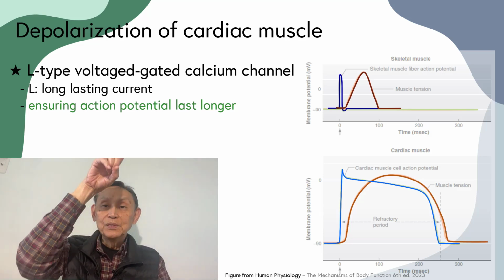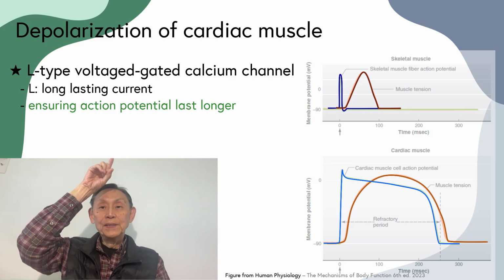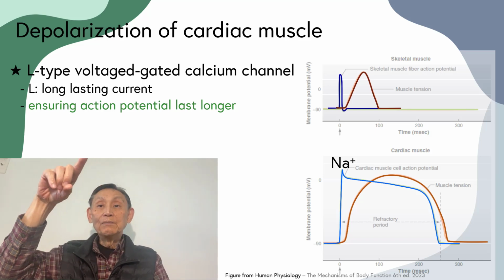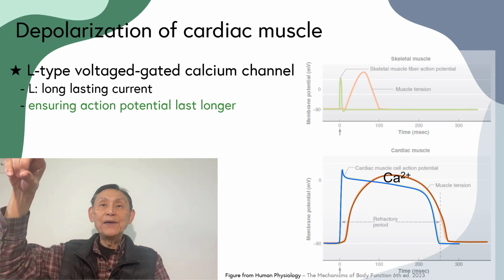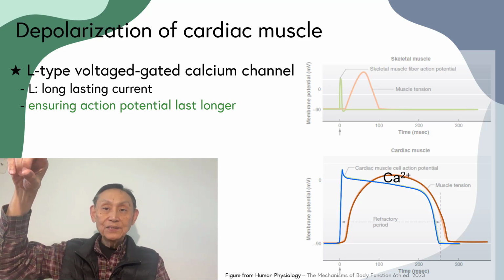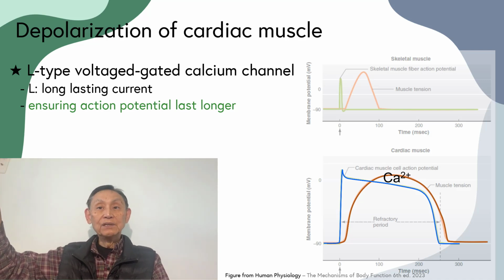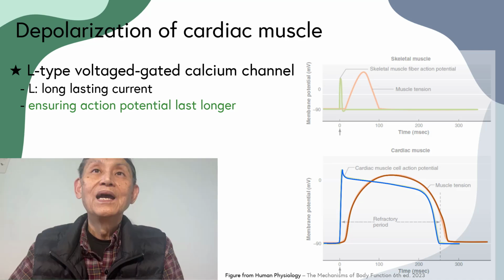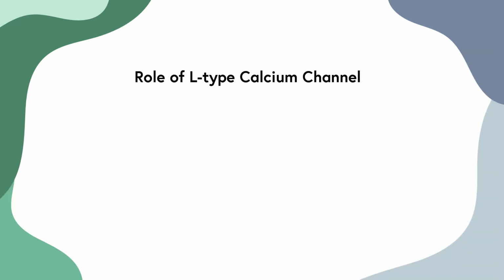And also, you see, the action potential goes up by sodium channel opening, and then the depolarization will persist, forming a plateau. This is induced by long L-type calcium channel influx. And then this almost lasts as long as the contraction, and then it will repolarize. What's the importance of this L-type calcium channel?